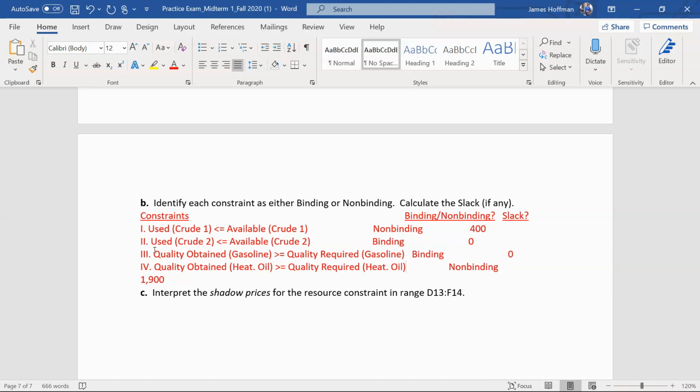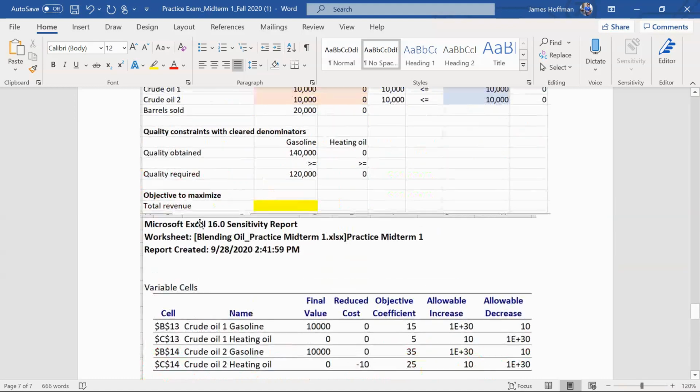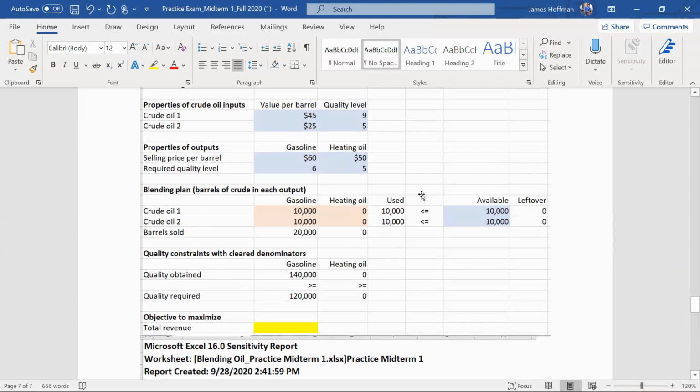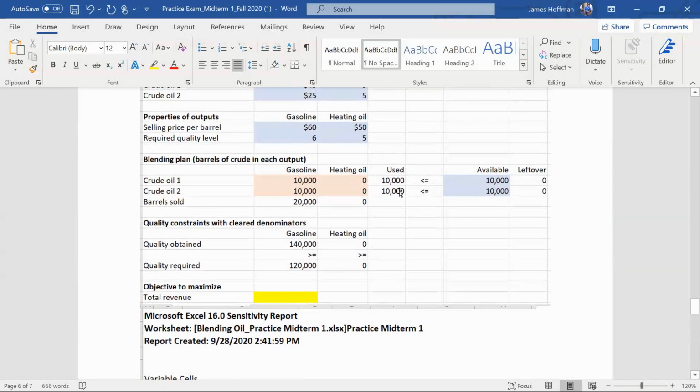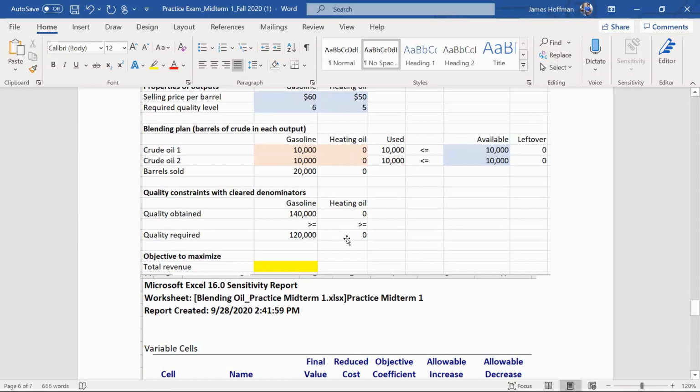And if you look at the screen cap of the model, you'll see that most likely all of the resource will be used. So we used all 10,000 here. We used all 10,000 here, and we exactly met the quality constraints, or we exceeded them. So that means that all of the constraints are binding, and there's no slack, even though this one is bigger than this. Okay, so we exceeded the constraints, there's nothing left. So if you use more than the constraint, it's still binding. So all of these are binding with no slack.